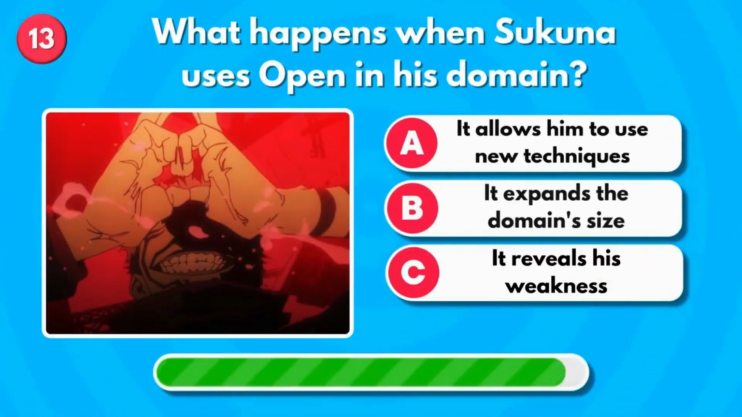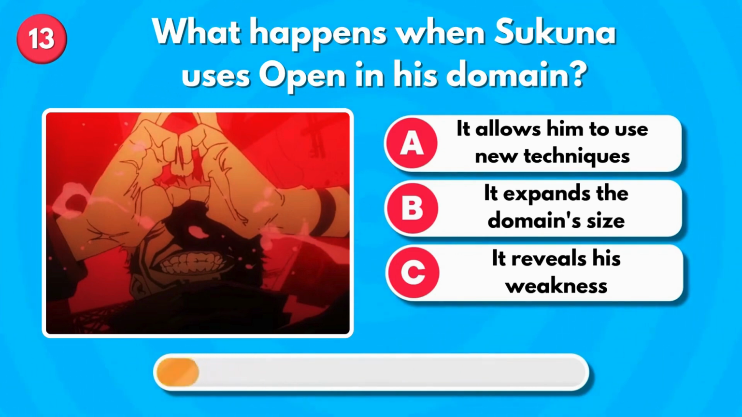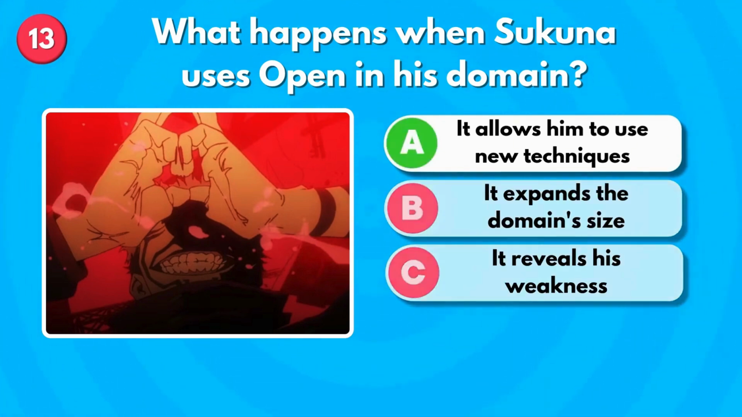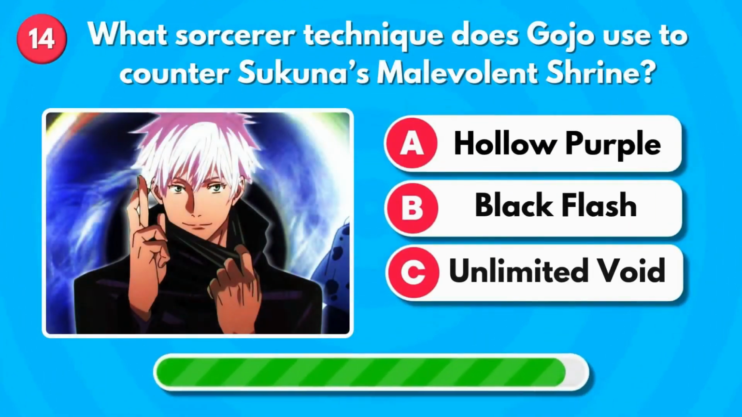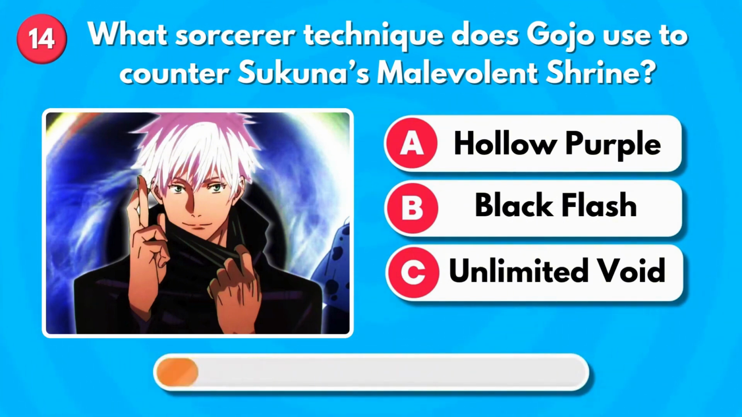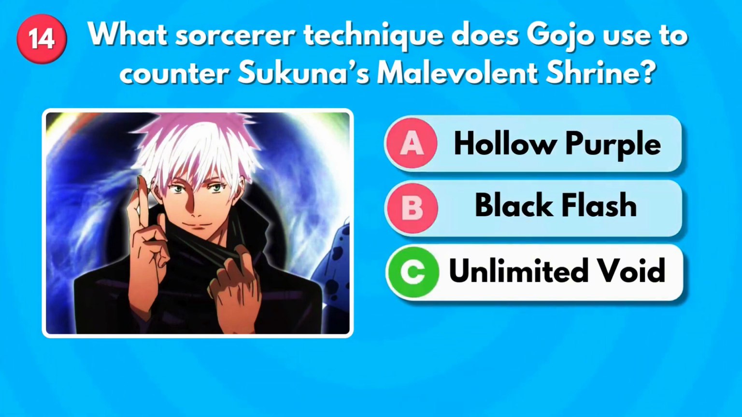What happens when Sukuna uses open in his domain? It allows him to use new techniques. What sorcerer technique does Gojo use to counter Sukuna's malevolent shrine? Unlimited